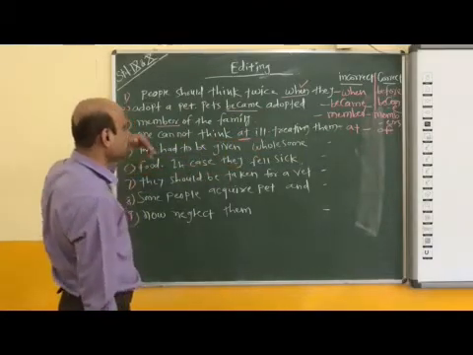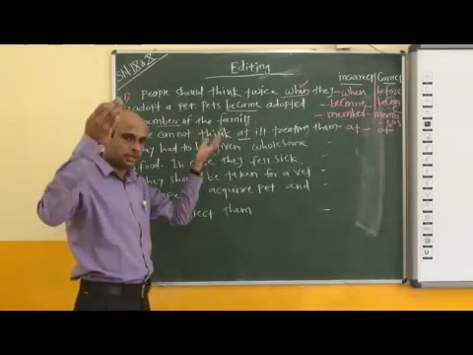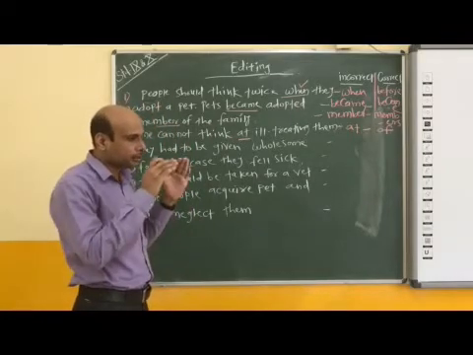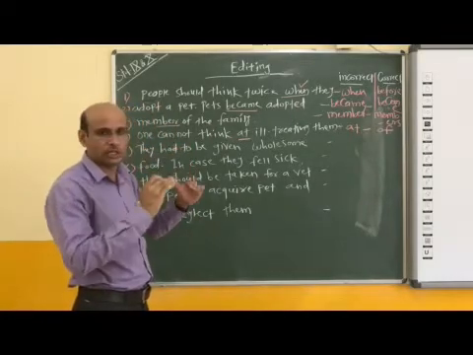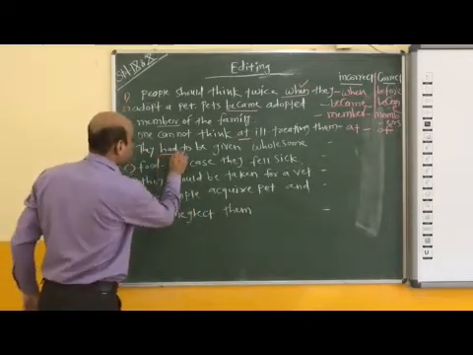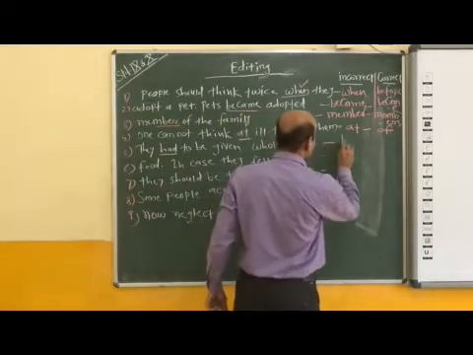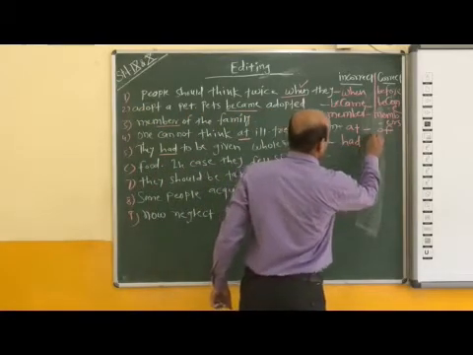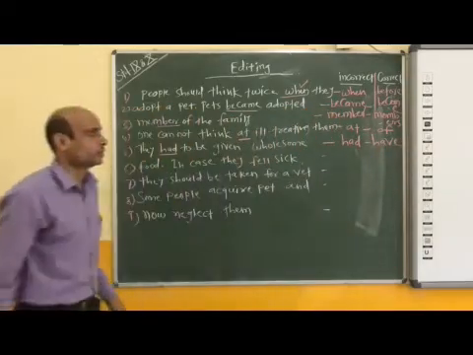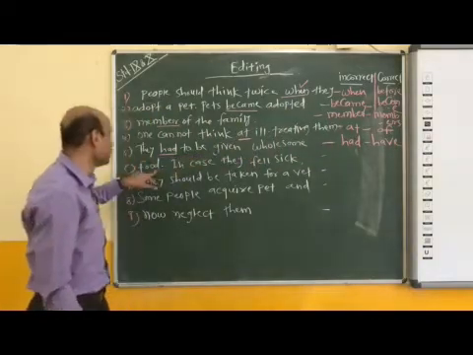They had to be given wholesome food. Had to be: it goes into past once again. We are talking about the general situation, present time. So definitely instead of "had", "have" comes here. They have to be given wholesome food.